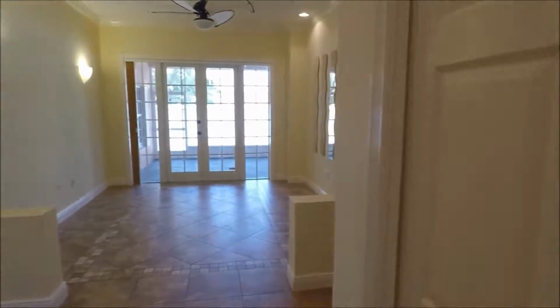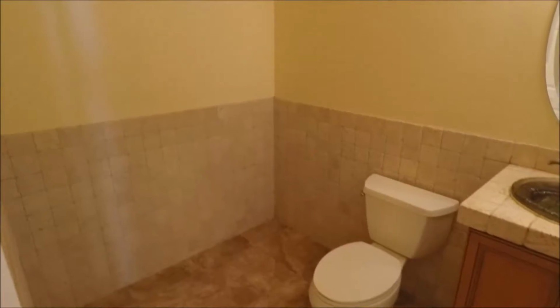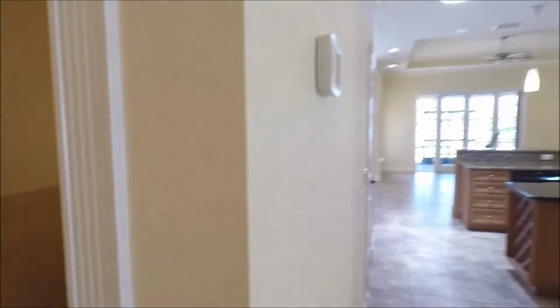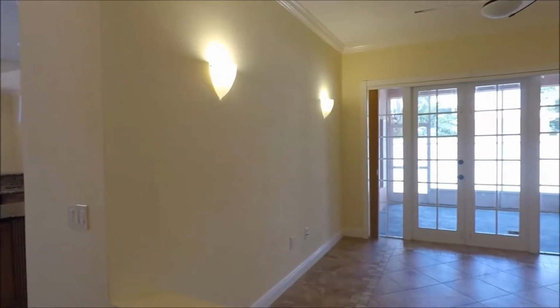Now as I turn to my left, actually let me slow down. This is the formal dining space in front of me. I'll take you there in just a second, but first we're going to take a look at the half bath. As I mentioned, there are 2 half baths. This one clearly is on the inside of the home. We also have one on the exterior for easy use when you are wet from the pool or the river